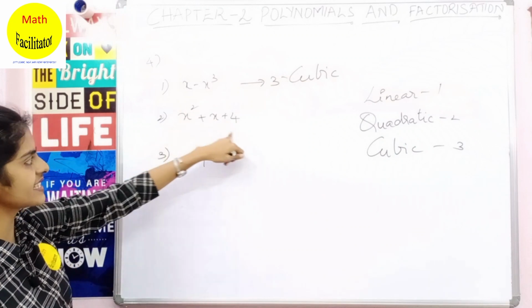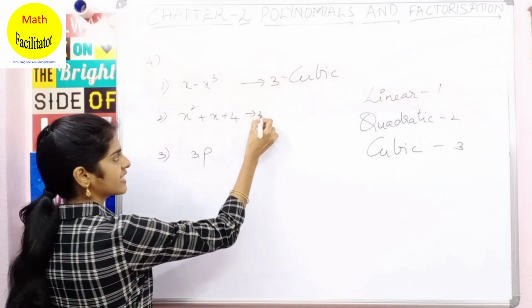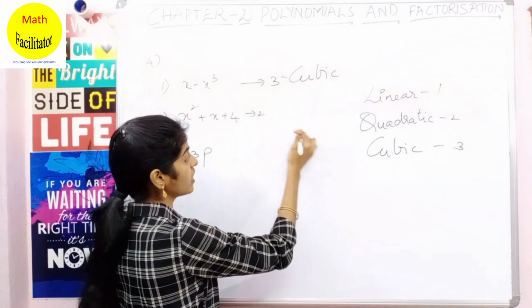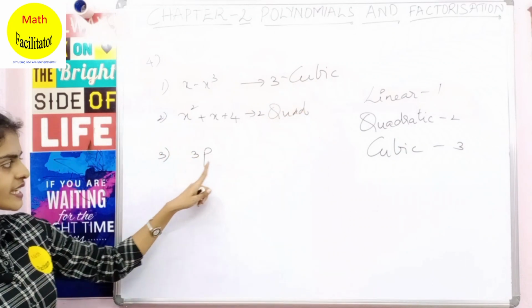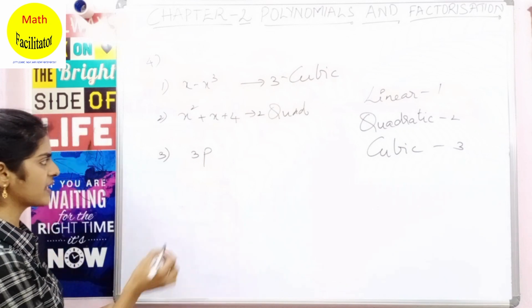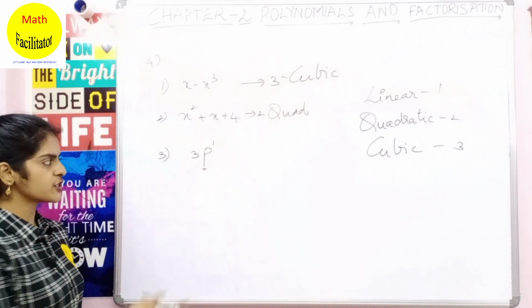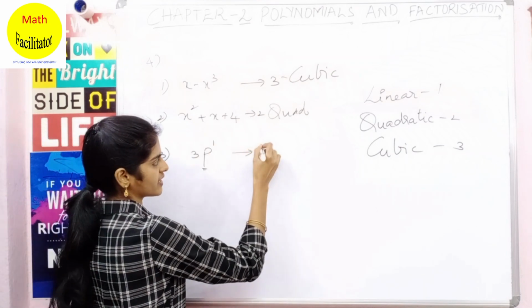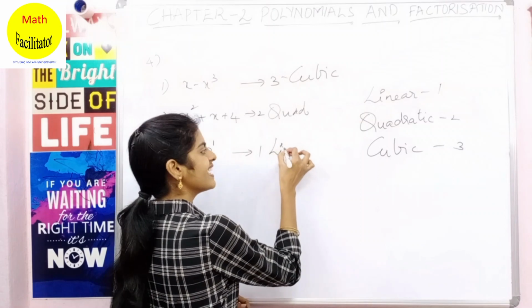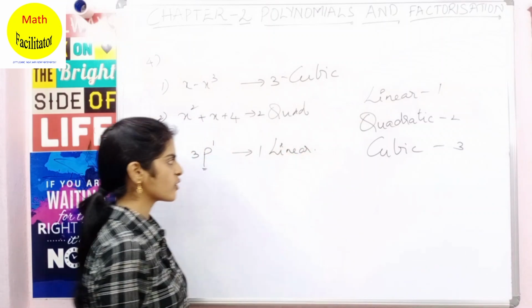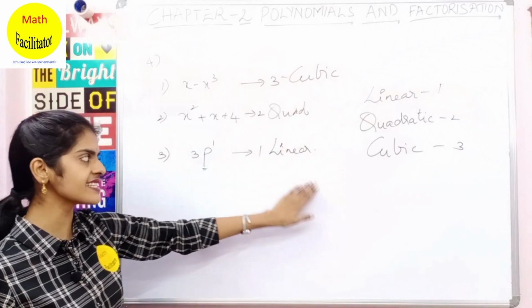What is the degree of this polynomial? x has highest power 2, so the degree is 2. Since the degree is 2, it is called a quadratic polynomial. Clear? Now here 3p is also a polynomial where p is a variable, and what is the power of p? It is 1. So the degree of this polynomial is 1. So this polynomial is called a linear polynomial. So you will first find out the degrees, and depending on that you will classify them as linear, quadratic